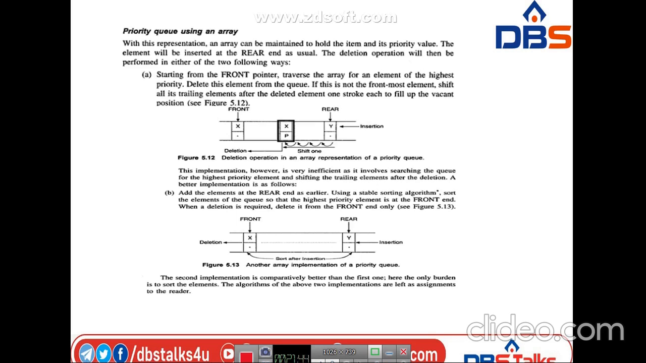Here the first one is simply that we are going to delete the element which has the highest priority. If I delete, see here the x and p is the